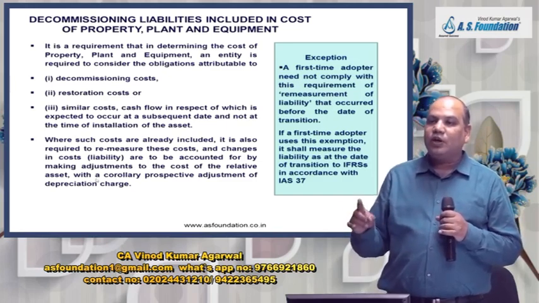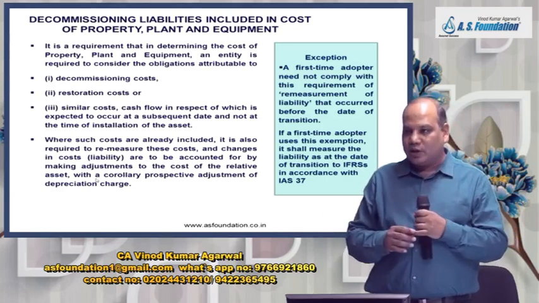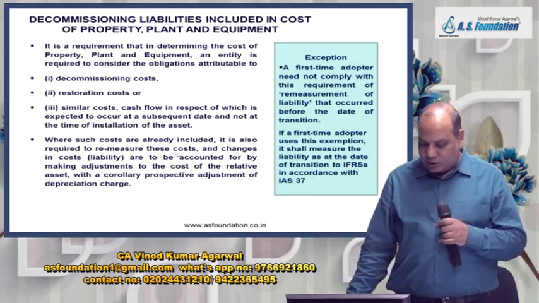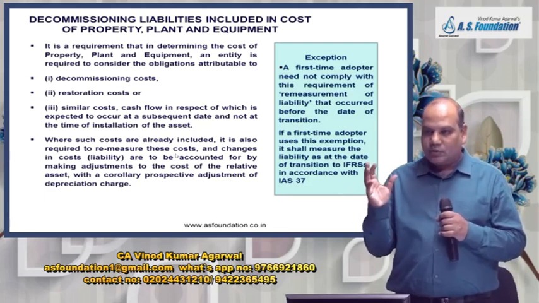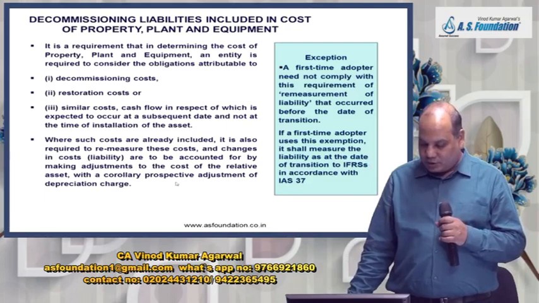Not because of unwinding of discount, but because of change in the estimation of liability or change in discount rate. Then in that case, we will adjust the liability amount also, asset amount also. This is also given in IAS 16. We have taken some problems also on that. But